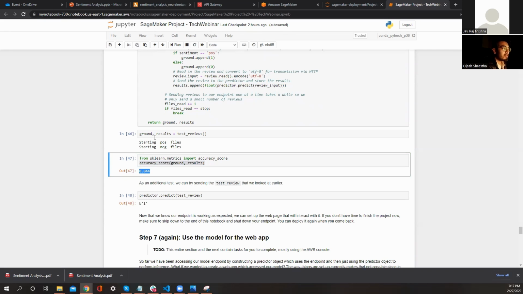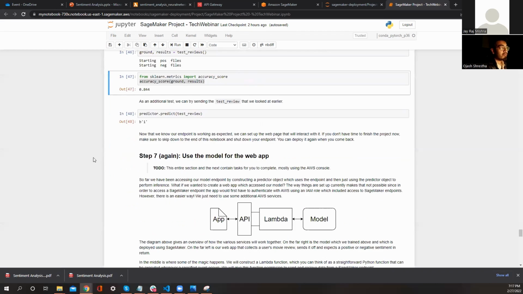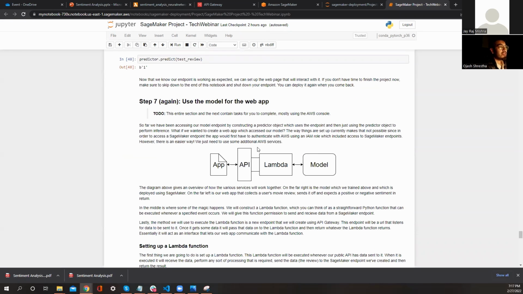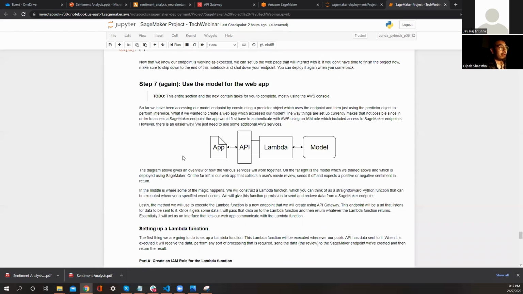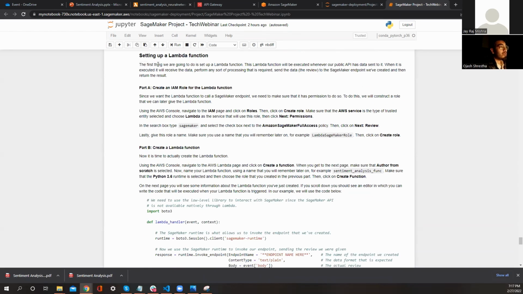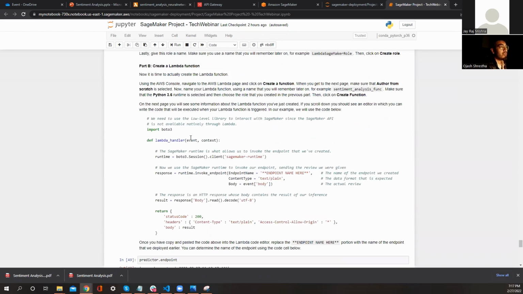So this is kind of good, because you are now sure that you are not just good at the accuracy of a model from the data out there. If new data comes up, you need to make sure that even those provide good enough results. So this is what I talked about in the presentation earlier. The web app that we have is going to send it to the API. The Lambda function uses it, and then the model is going to send back the data, and the app can use it, right? So now, if we want to use the Lambda function, we have this Python code, right?